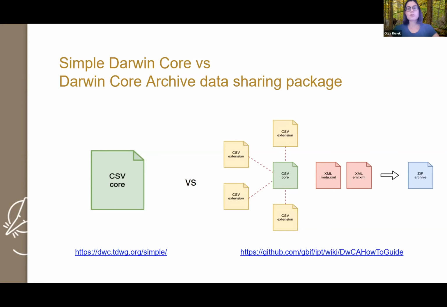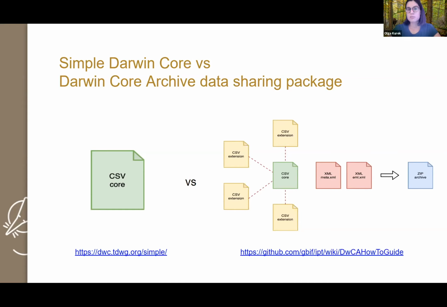Simple Darwin Core is just a table consisting of a subset of those terms that we can choose to describe our collection. It is very simple. It's just a table. Those terms are in columns.